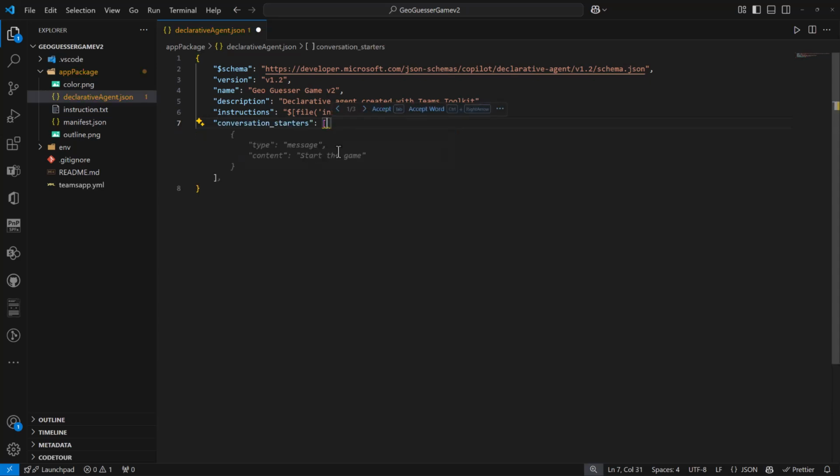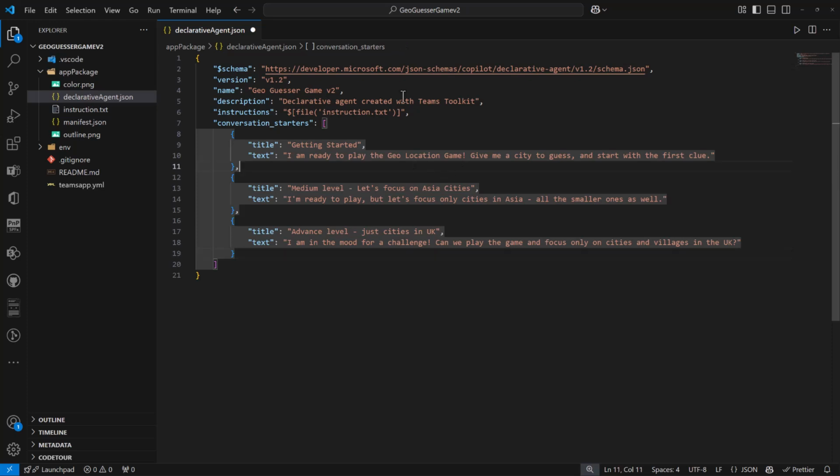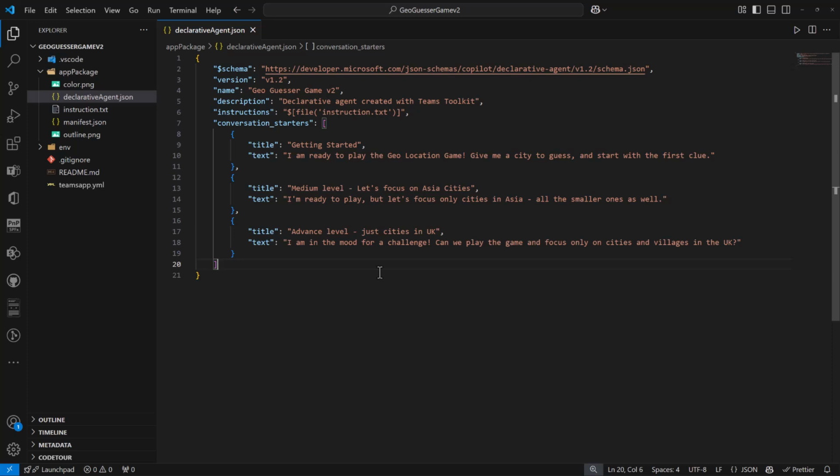And that is actually an array of JSON objects. So let me copy a few examples directly here. For example, we can have something like get started: I'm ready to play the geolocation game, give me a city and guesses. Medium level, let's focus on Asian cities, and advanced level, just cities in UK. I would not really do well on that one probably because I don't live in UK. But it's a really good example of a functionality which we could provide as a starting point